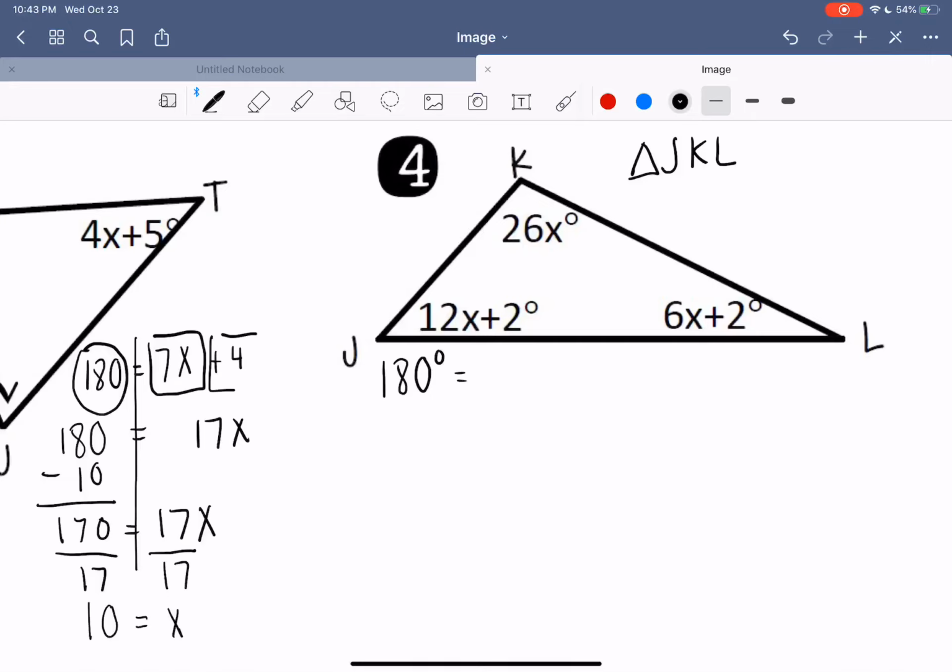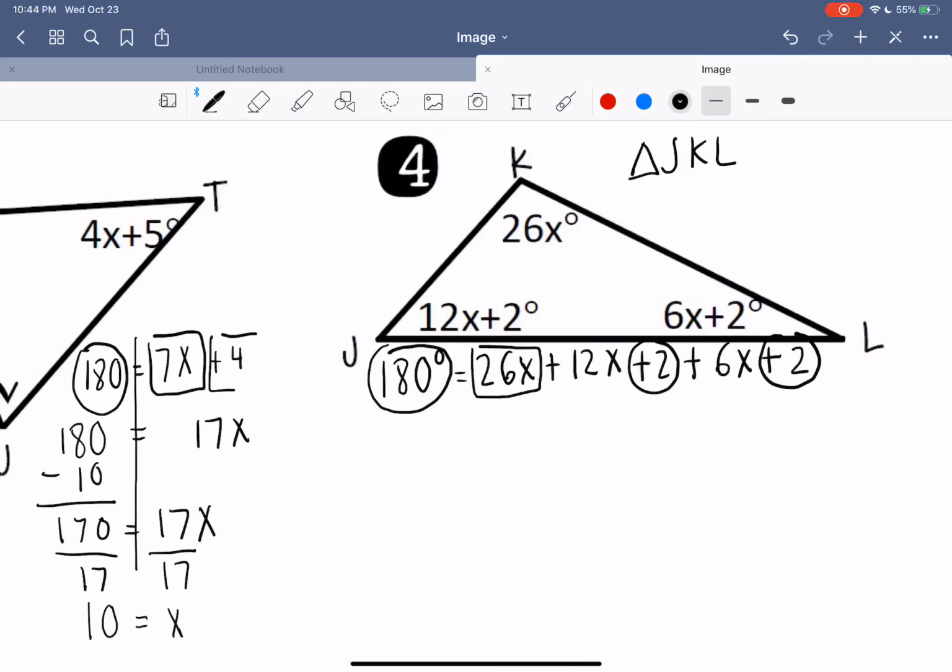So we're going to take the angles with variables that they've given us, and we're going to add them up. So we're going to take 26x plus 12x plus 2 plus 6x plus 2. Okay, I'm going to go ahead and circle my constants. We have another 2, positive 2, and box our variables. We have 26x,